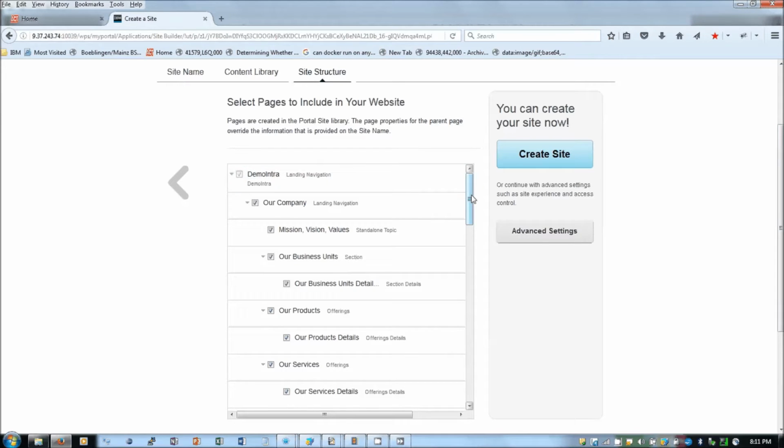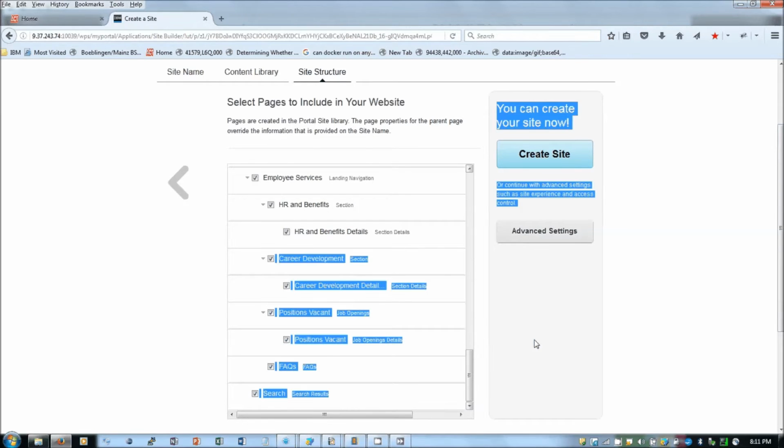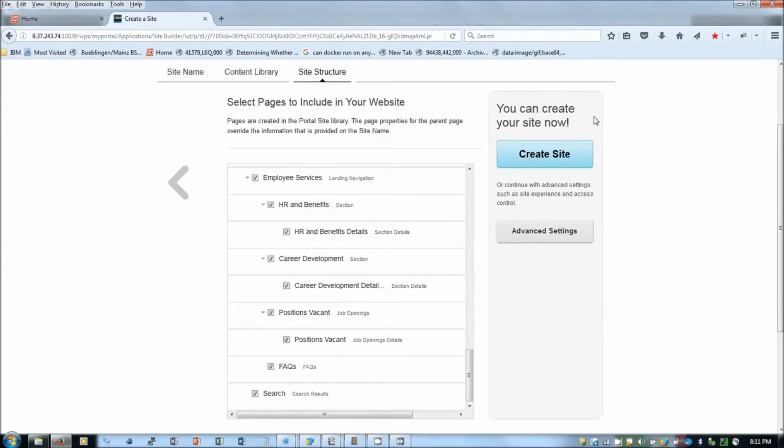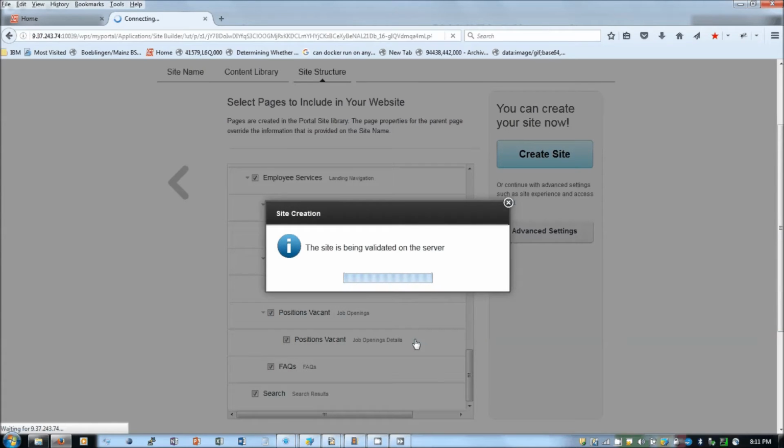Then you can see that it is listing a list of pages. I'm just leaving it as default, and then I'm clicking on create site. You need to install CTC before you start using the Site Builder tool.